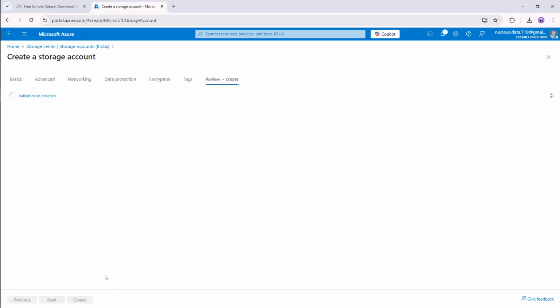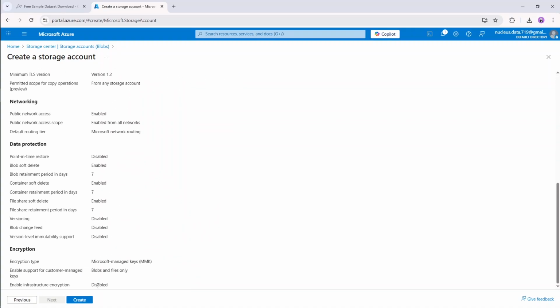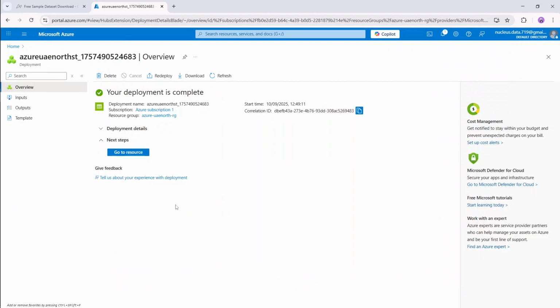Next, once the validation completes, you can see here are the options which we selected, and click on create. Once the deployment is completed, we will have to select where our data will be moving to. So click on go to resource,